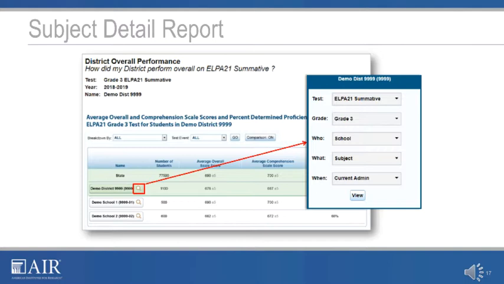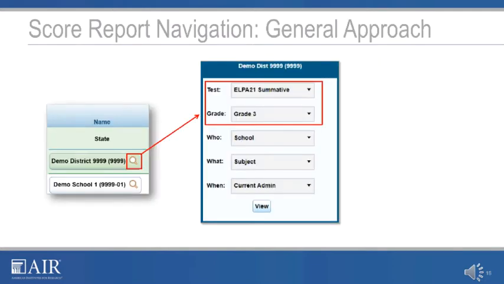To view more information about a student, roster, teacher, school, or district, click the magnifying glass icon that appears next to its name. An exploration menu will appear with the name of the entity you clicked in the title. The exploration menu is the preferred method for moving between reports and deciding which type of data you would like to view. The exploration menu's first two drop-down lists display the test and grade of the report that you are